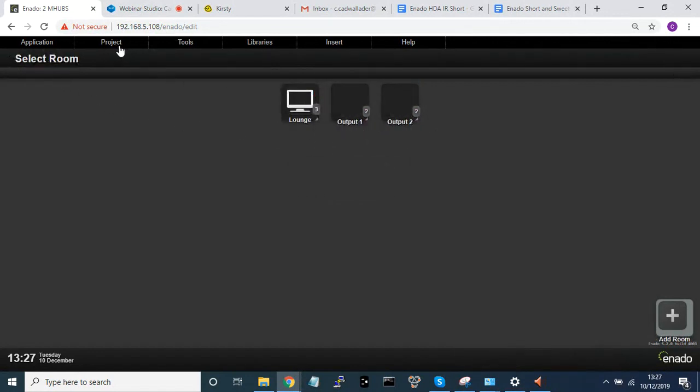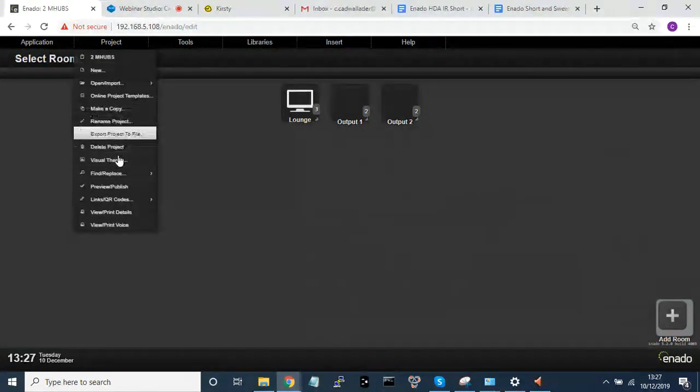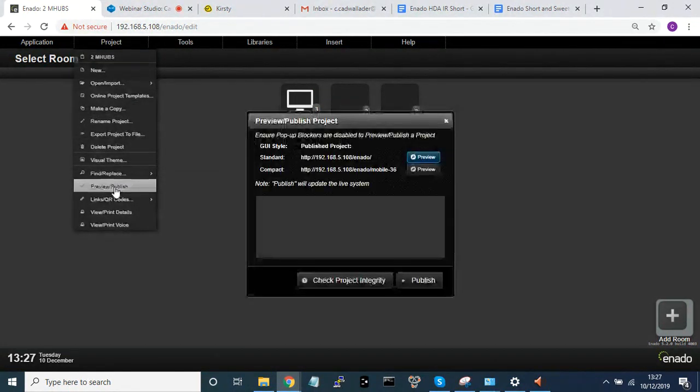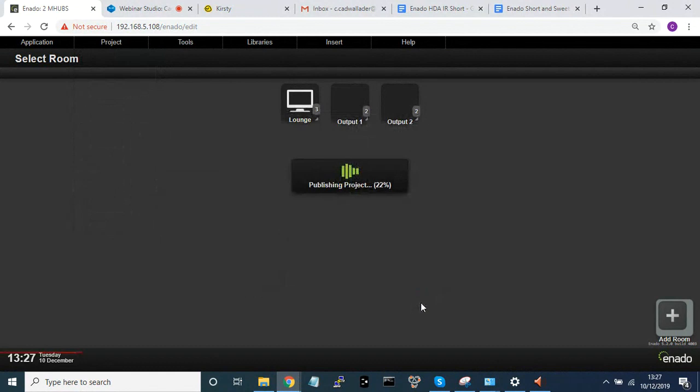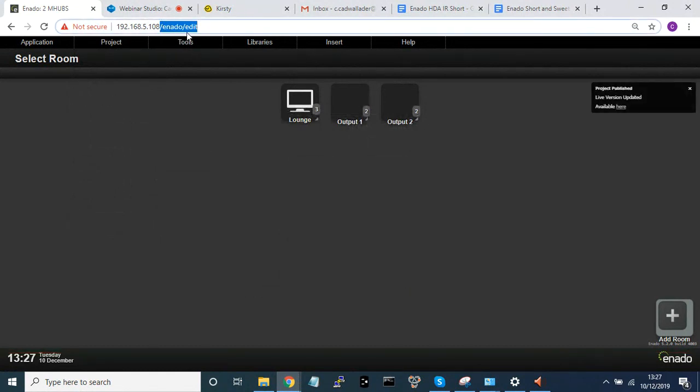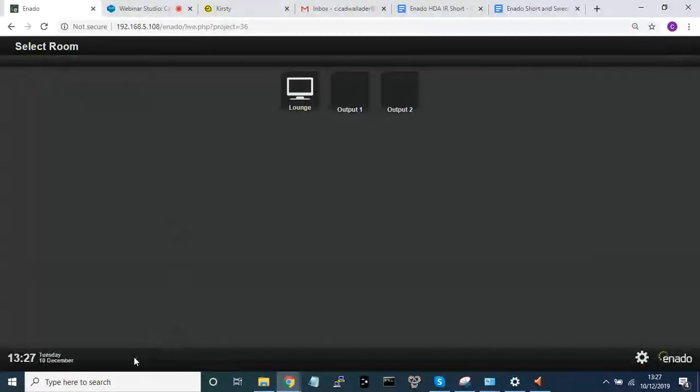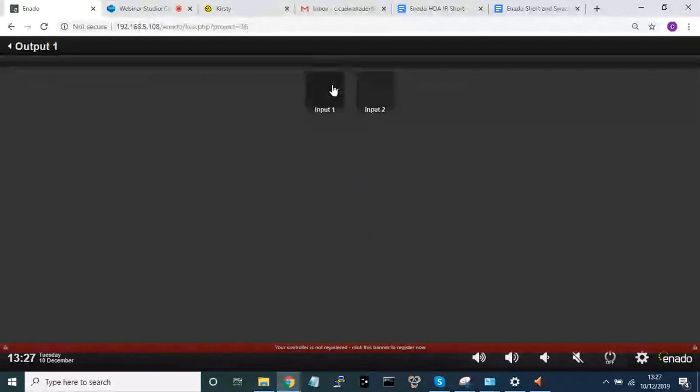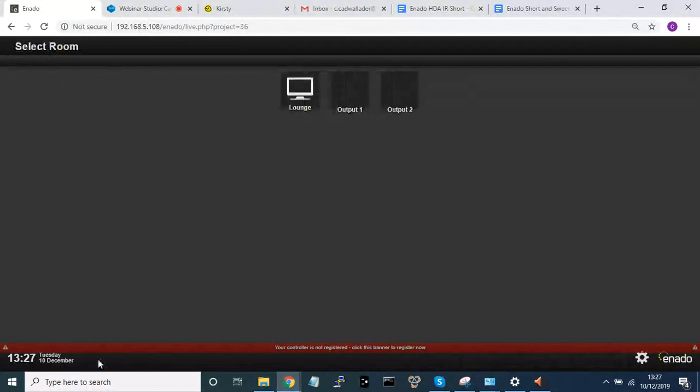Next thing I want to do is go into project and preview/publish. I'll hit publish, and then all I want to do is type in the IP address by itself. From here, I want to be able to say input 1, input 2 for output 1. Just to prove that this is indeed working,